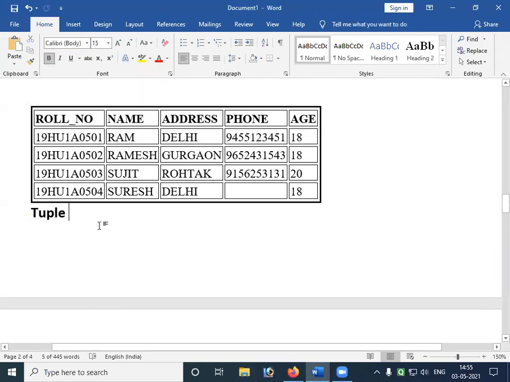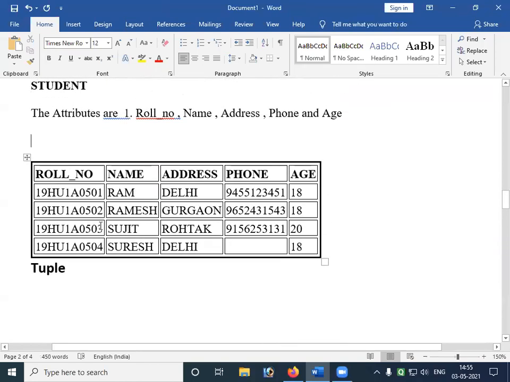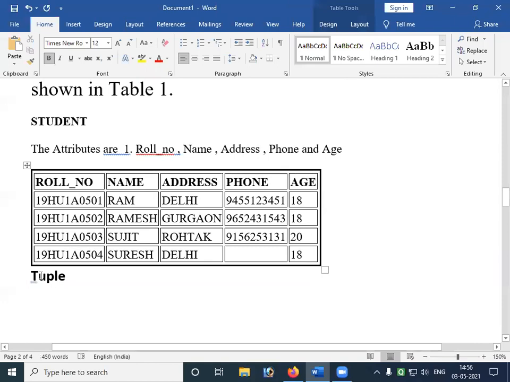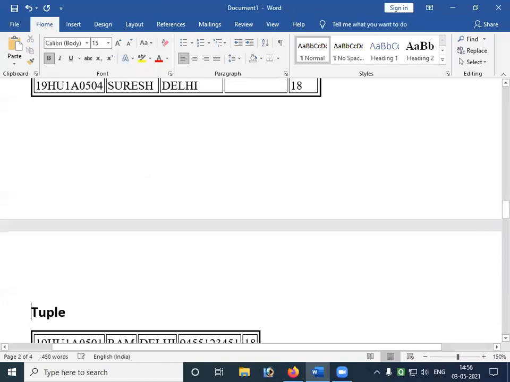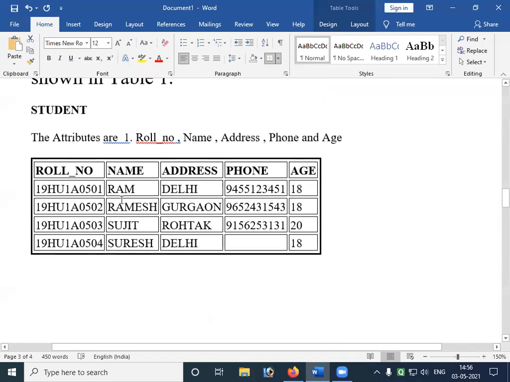Suppose if I separate that, see, this is called one tuple. If you see here, what does this tuple specify? It is in accordance with the attribute names.